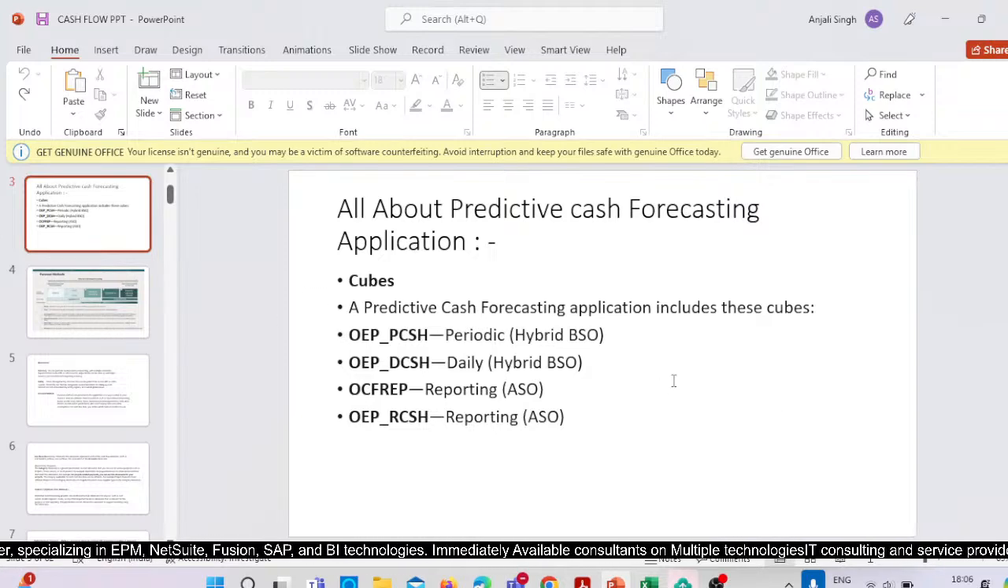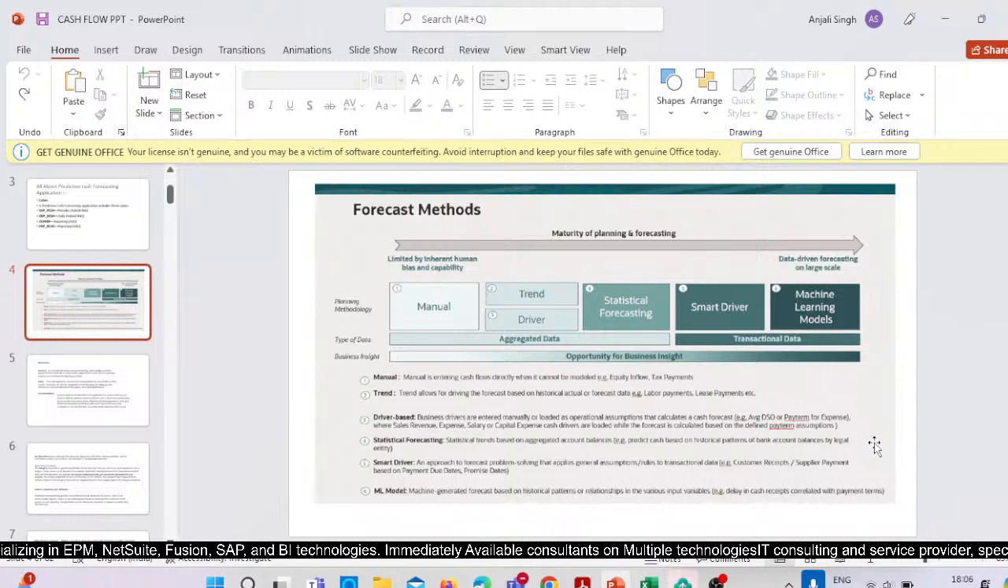Now let's move ahead. Here we have different forecast methods available. That is manual. You can do manual forecasting here, then trend based forecasting,